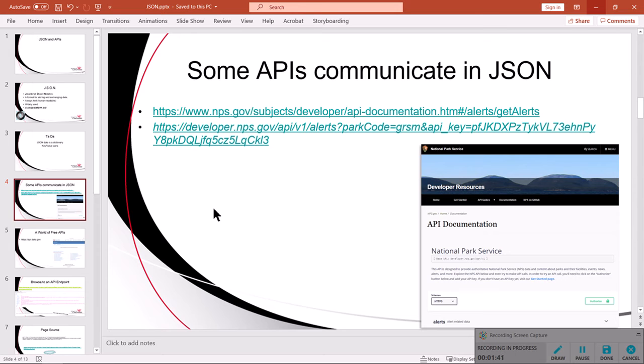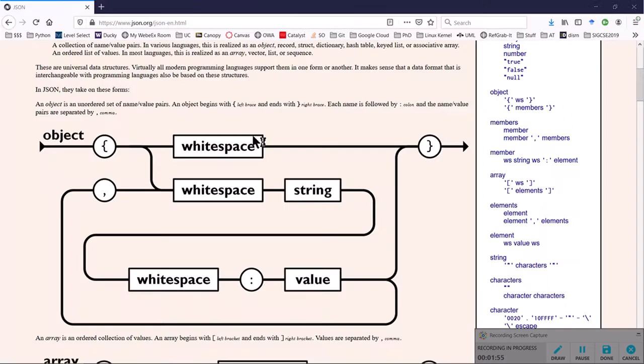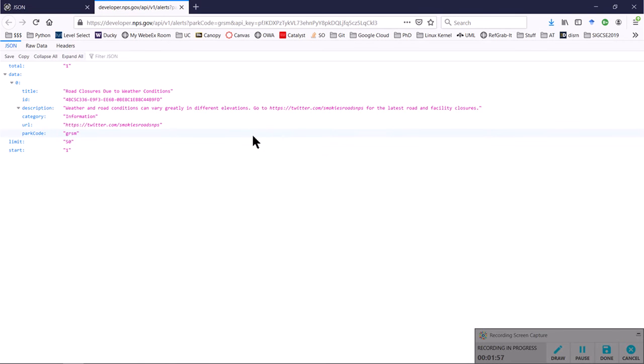Here's an example of an API that communicates back to you in a JSON format, and I am going to open the second URL on this page. The URL submits a request to nps.gov, National Park Service, and is asking for information about a particular park. In this example, the park code is GRSM,